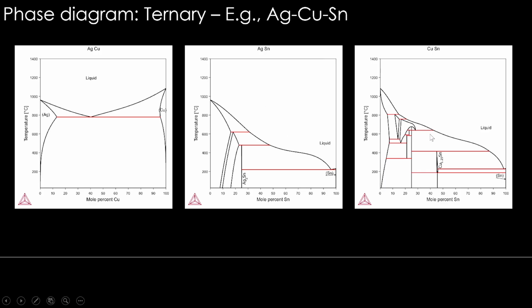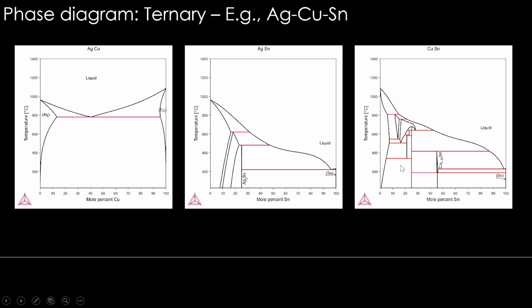All of them have a eutectic reaction in that. So silver copper is easy to see. In silver tin, there is a eutectic reaction here as a V sort of thing, liquid giving two solids, Ag3Sn on one side and almost pure tin on the other side. Tin has very less solubility for silver. And here copper tin, again there is a similar reaction, a tin rich solution and Cu6Sn5 compound of this stoichiometry. These two solids form from the liquid. There is a eutectic reaction here. Of course there are more reactions like this. If you want to practice, you can try to identify these reactions.